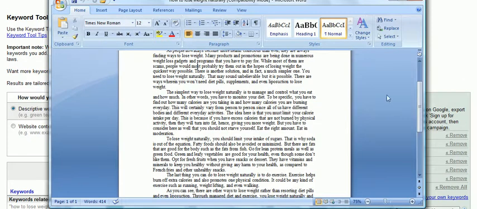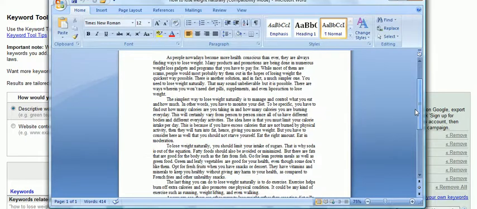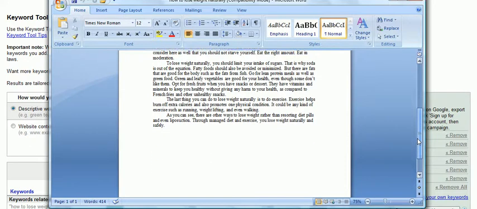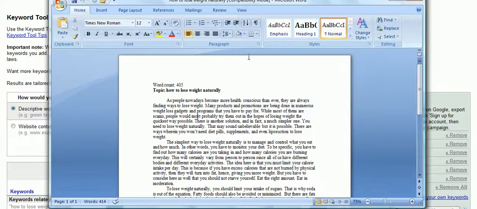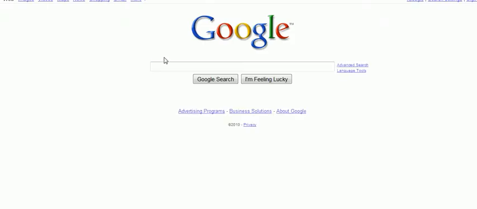There's really no perfect keyword density. You just want to make sure that you include it, because that keyword phrase being included is very, very important to the process. So what I recommend you do is write short, informative articles. I do a lot of my article research by just going out to Google, and let's head on over to Google real quick, and you can do your research just through Google rather effectively.